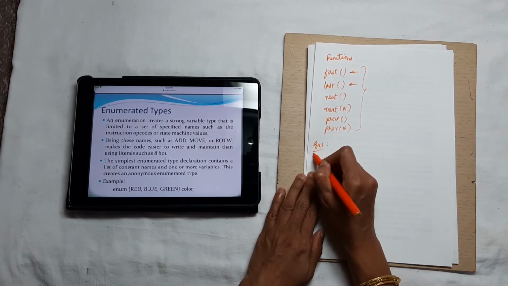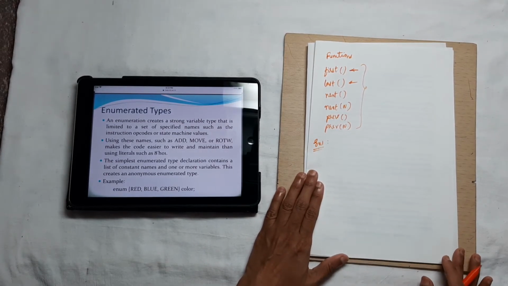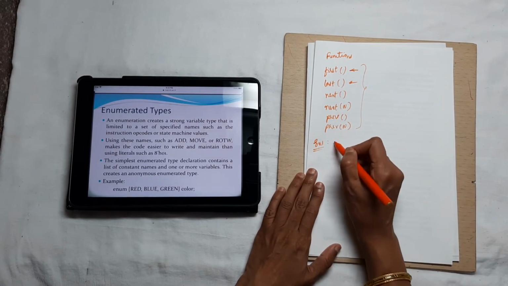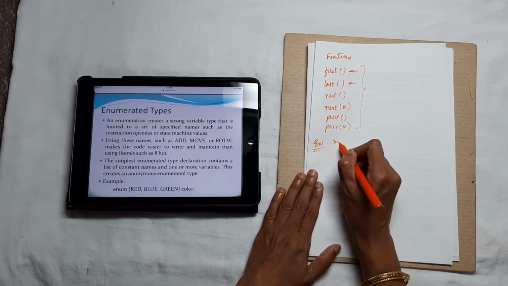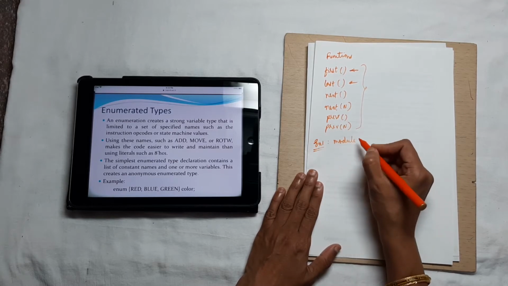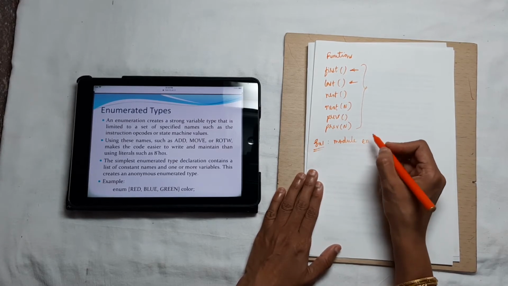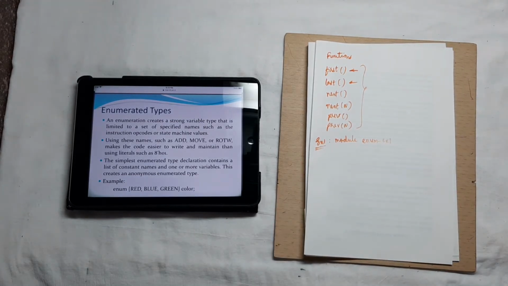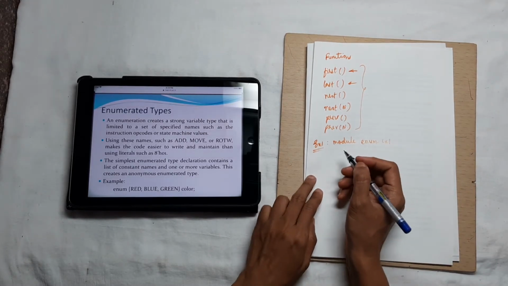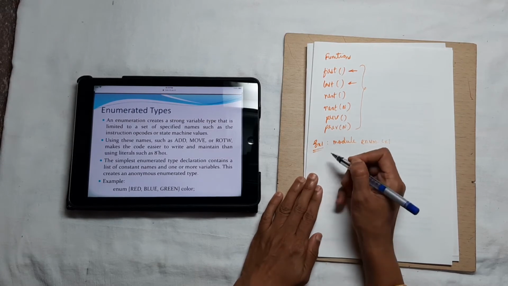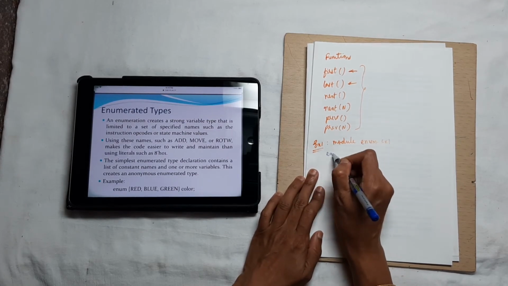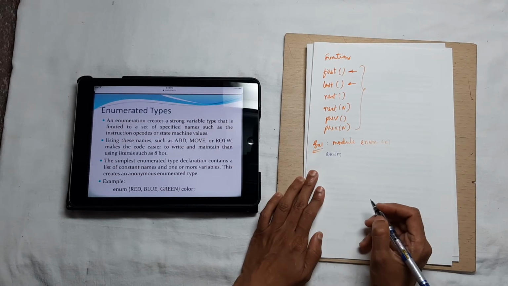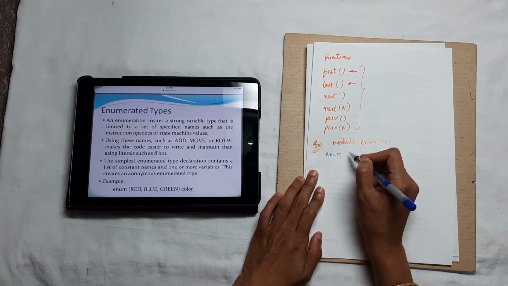EX1. Let me write the program module. Let us call the name of the module as enum EX1. Next we have to define what is enum members.